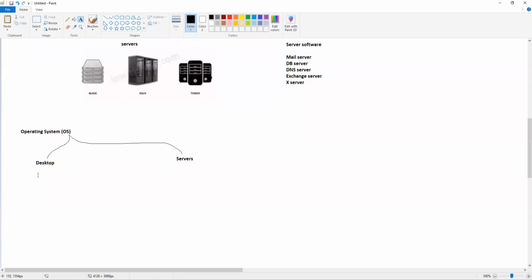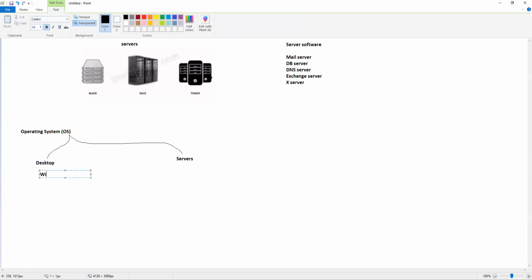Now, desktop is something everybody knows. We have Windows, Android, iOS, Mac, Linux. These are the desktop versions. Linux is the newer addition to the desktop world, or even Android and iOS as well. Linux actually came first, in the early 2000s, and then Android and iOS came in 2007. So Linux is even older than Android and iOS. So if I list them down, Windows and Mac as the operating systems, then we have Linux, and we have the mobile ones, Android and iOS.